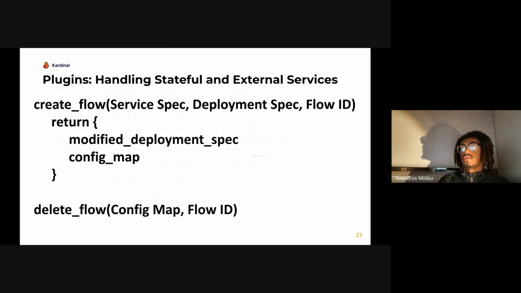And then the plugin author can also pass in information through this config map, and that information can be used in the delete flow function to determine how we can actually clean up the entities from that stateful service. So then anytime you say, I need to delete a flow, Kardinal will say, oh, this flow contains this dev version of the stateful service.